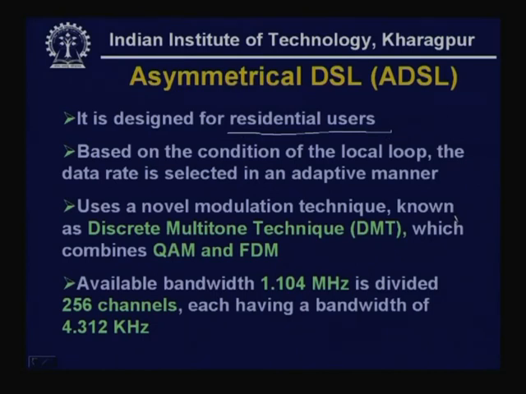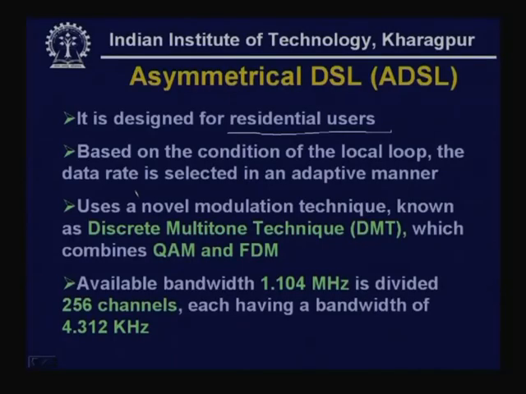And of course, as we shall see, although it will be able to provide much higher bandwidth, based on the condition of the local loop, the data rate is selected in an adaptive manner, because the local loop wire is twisted pair. That twisted pair of wire can run for a kilometer or 2 kilometers. So, its length can be different, the quality of cable can be different, the cable can pass through different areas where the noise levels can be different. So, based on that the data rate is selected in an adaptive manner, and it uses a novel modulation technique known